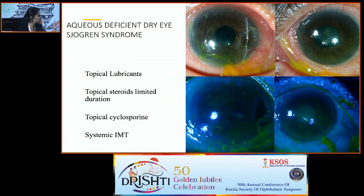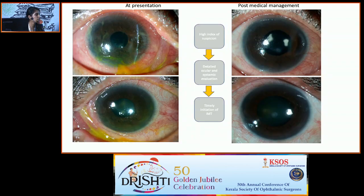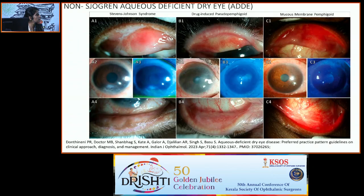So it's important that along with the topical lubricants, steroids, and probably topical cyclosporine, it's important for us to start these patients on systemic immunosuppression. And as you can see, this is how we can transform the surface when you have systemically immunosuppressed and again given good treatment. The more difficult aqueous deficiency types to tackle are the ones which are non-Sjogren type, which have